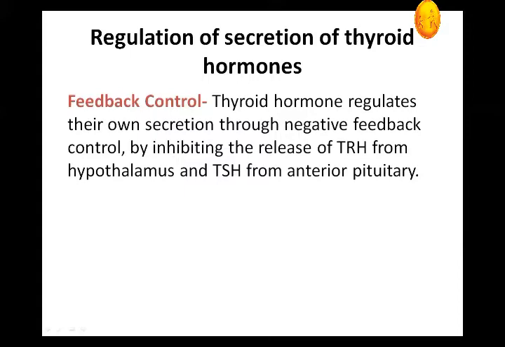The second, we go towards the metabolic effects: protein, fat, carbohydrate. On protein, it has anabolic effects. It increases the protein synthesis. How? Number one, it increases the transport of amino acids. Number two, it increases the transcription of DNA. Number three, it increases the translation of RNA. And number four, it decreases the catabolism of protein. In these 4 ways, it increases the synthesis of protein.